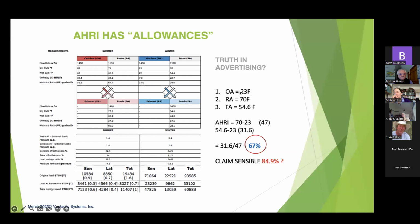Okay, so your outside air is 23 degrees, your return air is 70 degrees, which is a differential of 54.6. I don't know why that is. Yeah, it should be 47. Yeah, 47 degrees differential here. Oh yeah, the 54.6 is there. So, the bottom line is